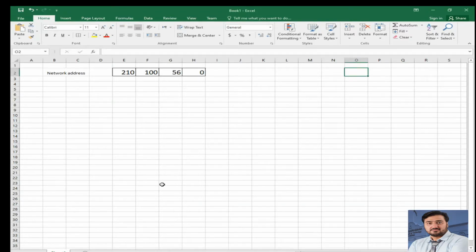Okay, now I'm solving problem number 5. So needed subnet is 6. So this is our class C, and our default subnet mask is 255.255.255.0. So this is our default subnet mask for this one. So it is class C, as we know. This is class C. So how many bits need to be borrowed?